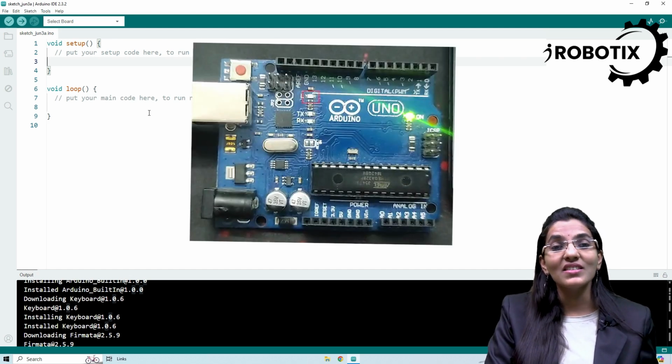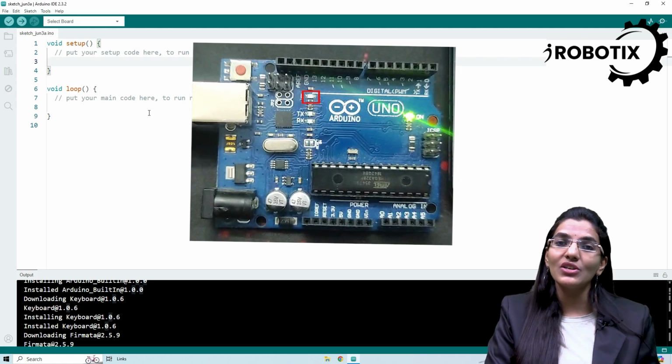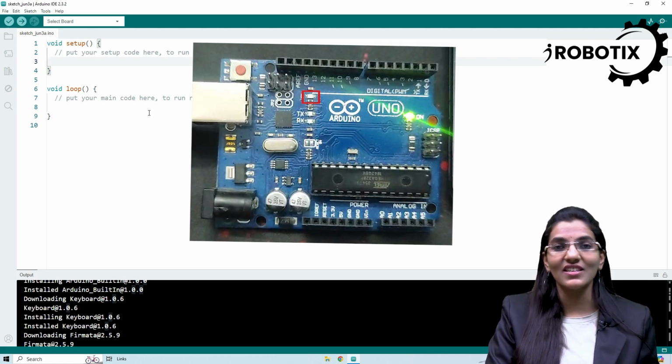So what are we going to do in this first program? Well, there's an already existing LED directly integrated on the Arduino board, so we don't need to add any external hardware. We can just try to make this LED blink. Depending on your Arduino version, the LED may be located in a different place, but it will not be very hard to find.